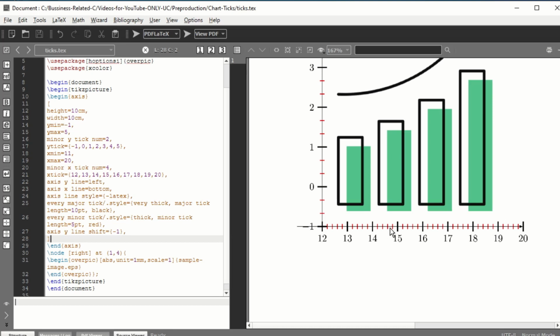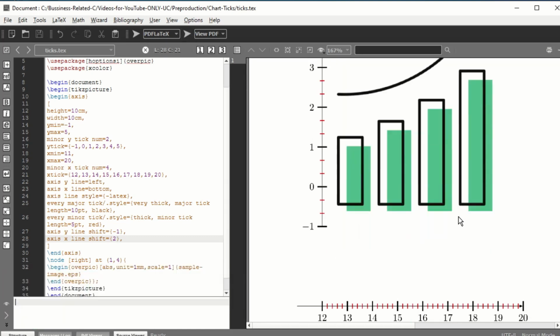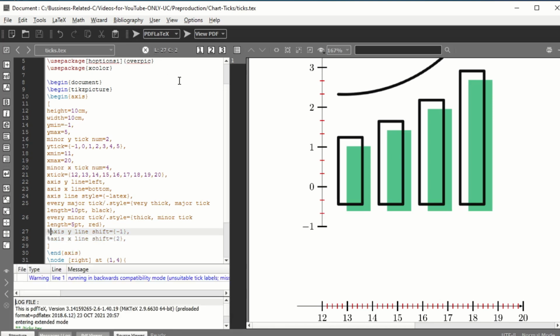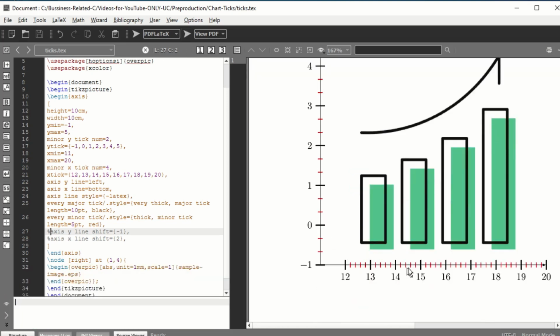If you want to move this x axis up or down, you can use a similar command. So let us copy this and paste it here. Instead of y you put x, and instead of minus let us put 2 units plus. Recompile, and now as you can see, x has moved 2 y units downward. So this is not looking good. So I can just comment this by putting a % sign before that. So this was just to show you if you want to move, but otherwise this location looks perfect.